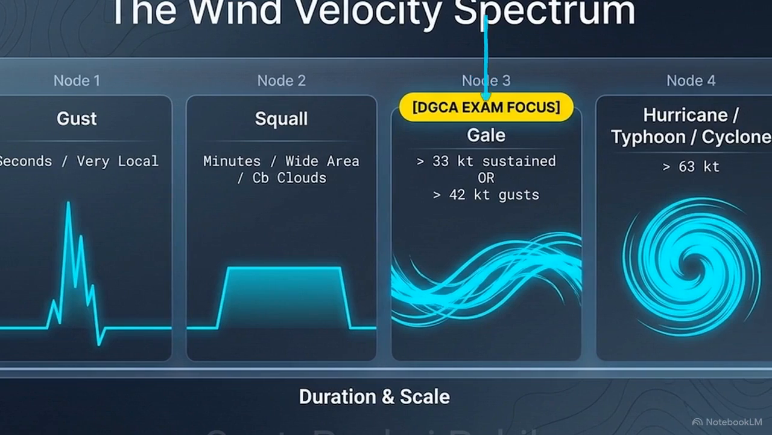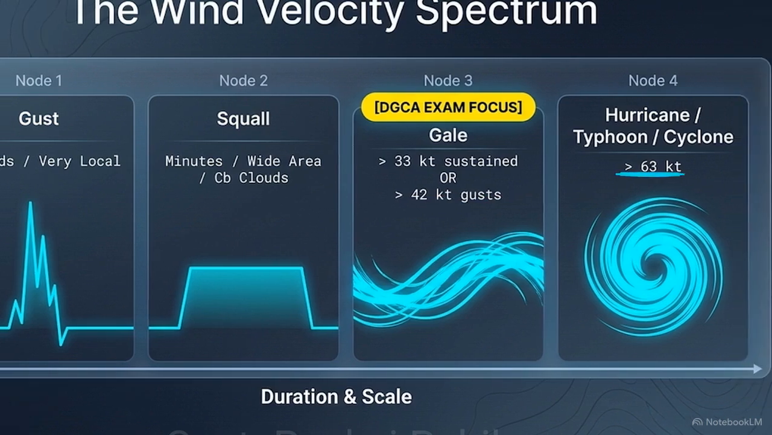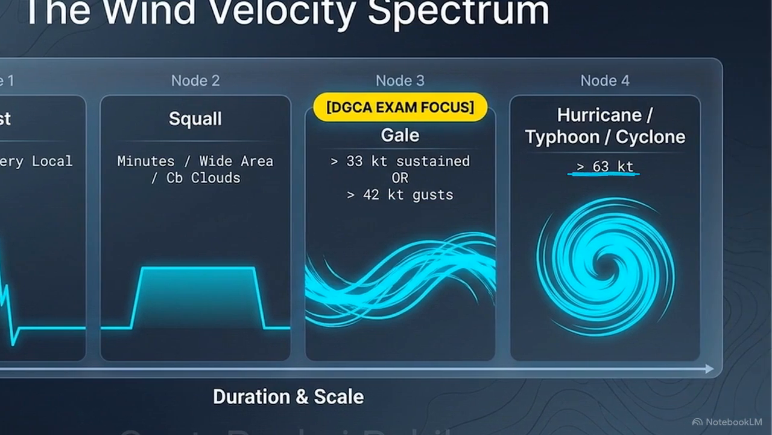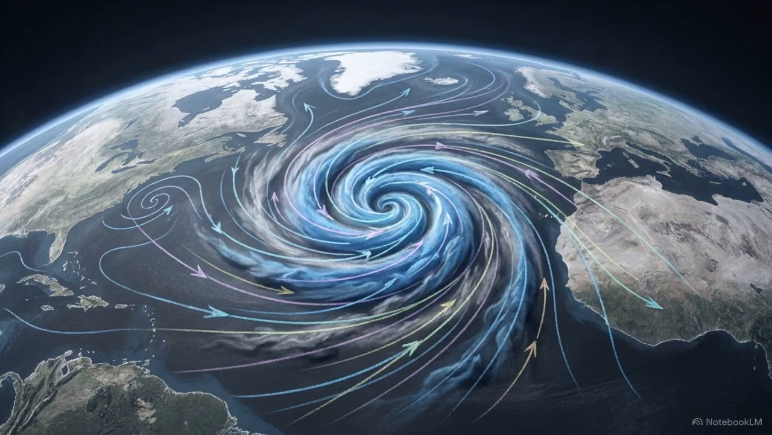A gale is strictly defined as sustained winds exceeding 33 knots, or frequent gusts exceeding 42 knots. Node 4 marks the extreme end of the spectrum. Once velocities exceed 63 knots, the system is classified as a hurricane, typhoon, or cyclone. Memorizing these thresholds is necessary for the exam, but predicting them in flight requires an understanding of the invisible physics